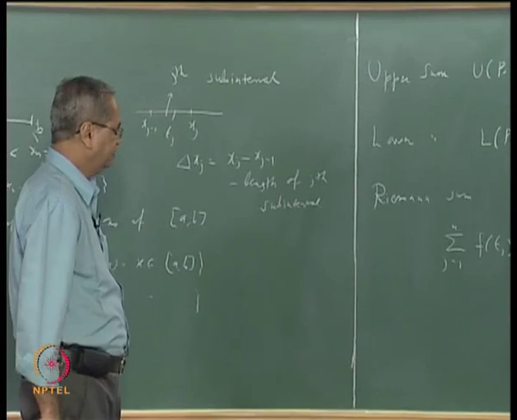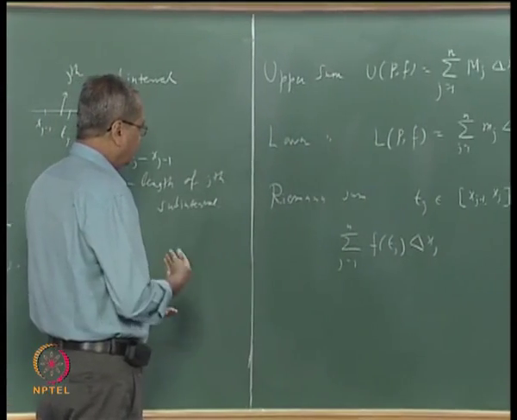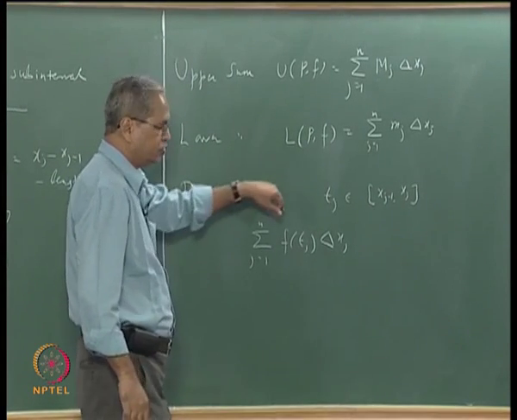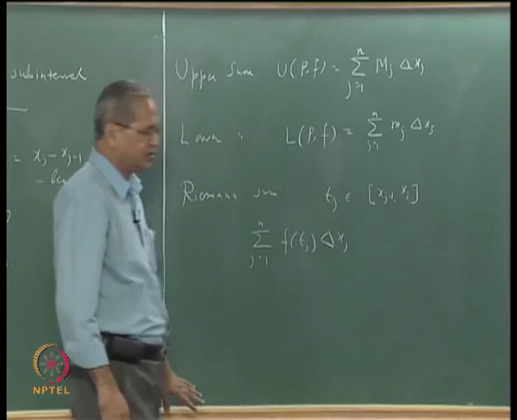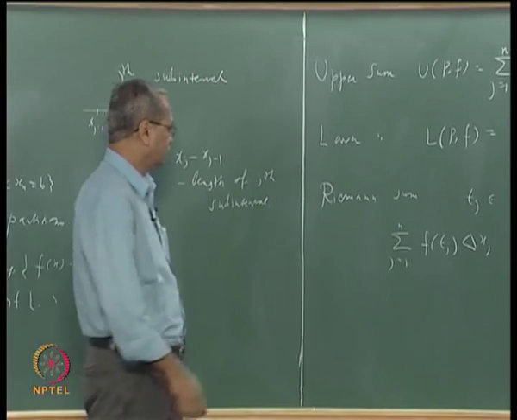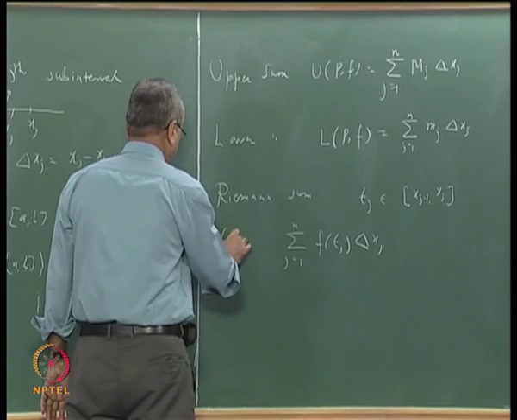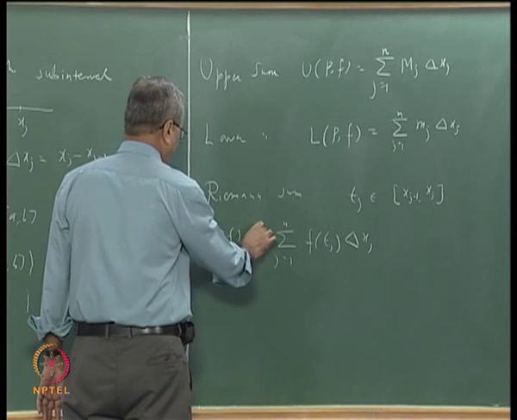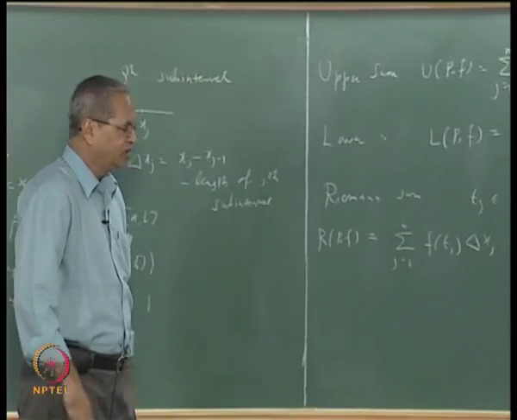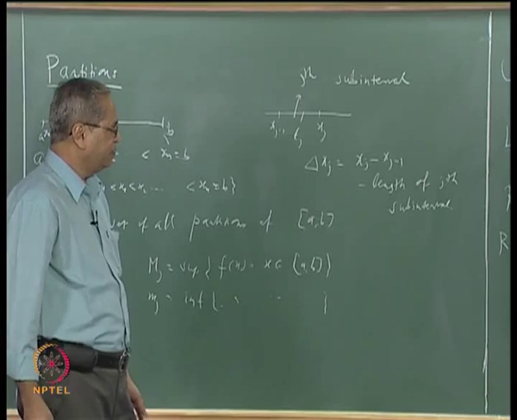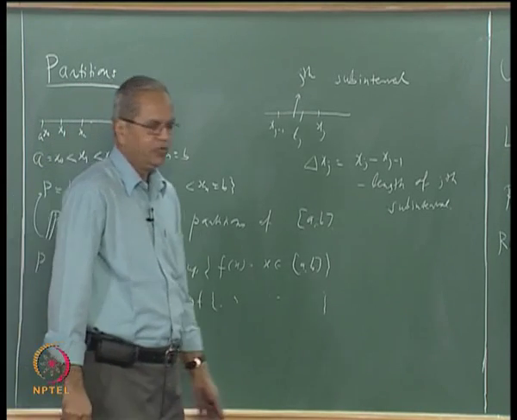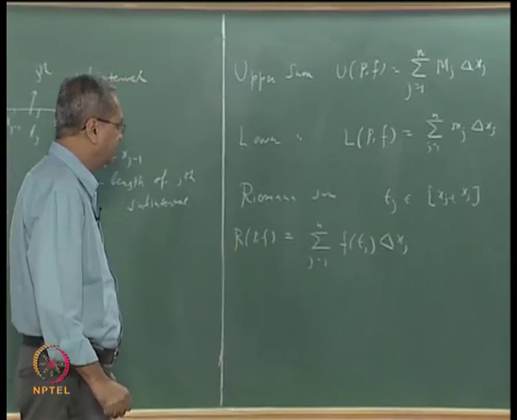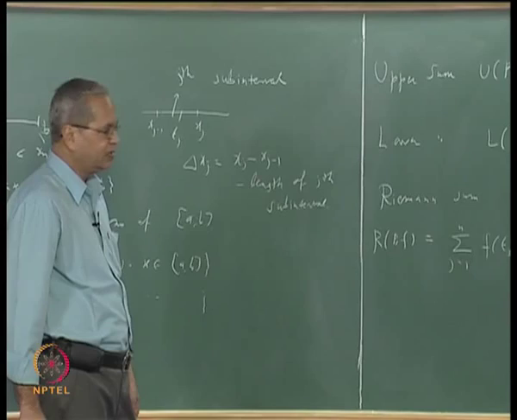This is called the Riemann sum, and now the Riemann sum also will depend on P and f, but in addition it will also depend on the choice of these points Tj in the subintervals xj minus 1 to xj. So strictly speaking the notation should be something like R, P, f and also some Tj here, but since that will make the notation very complicated, we do not usually include it unless we have to make some specific reference to the way in which the choice is made. We will not bother about this. Okay. We will say that it is understood that Tj is any arbitrary point in the subinterval xj minus 1 to xj.